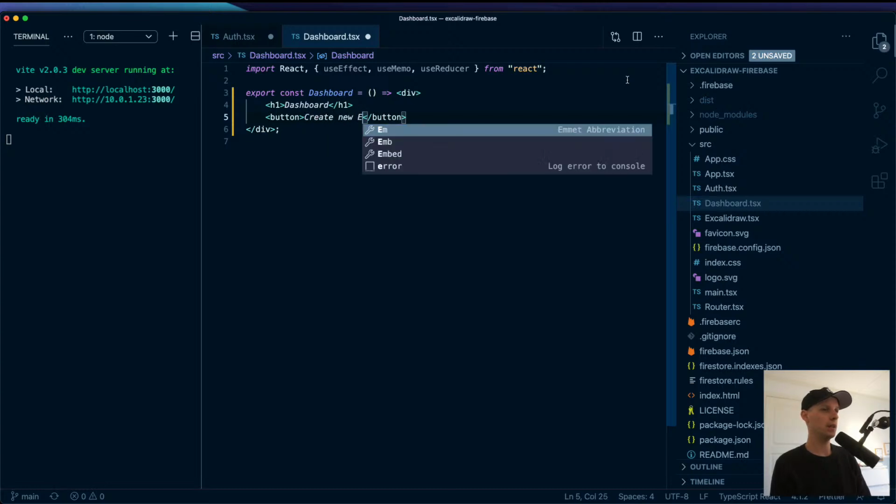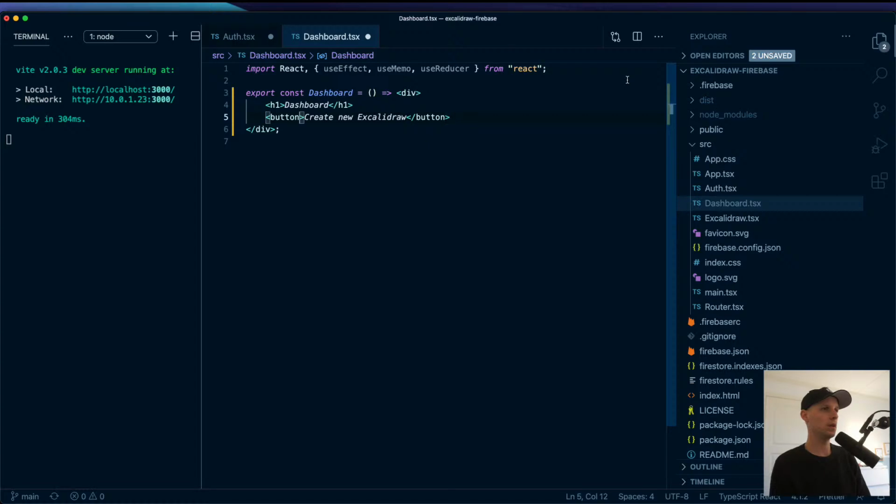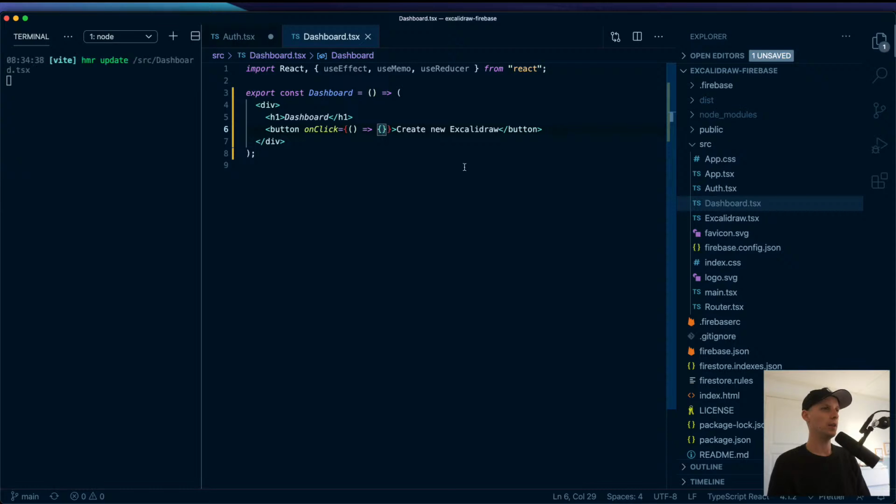Create new Excalidraw. And then this is going to have an on-click, and we'll introduce some state and stuff here later, but for now